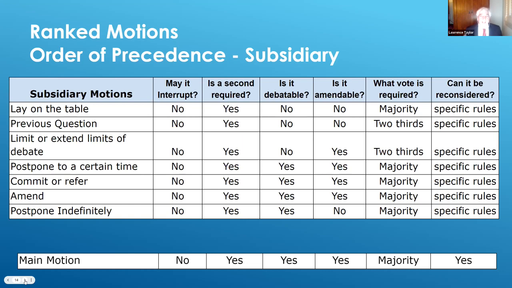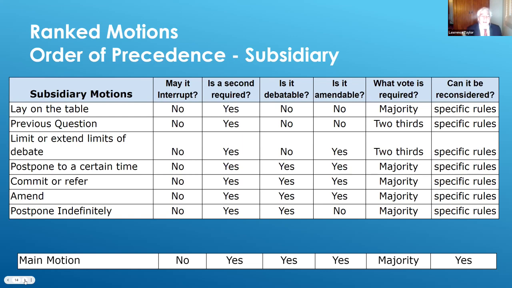But you can see that it's really the will of the majority in the room that gets to make a lot of these decisions about how things are handled. It's not up to the chair. If the chair senses that something could be done more efficiently or to help people along, and perhaps they're not familiar with all of these things, the chair is always welcome to suggest things like,